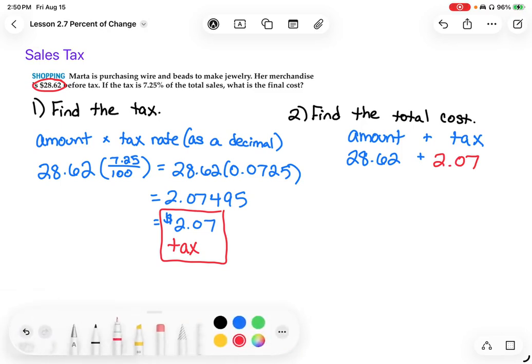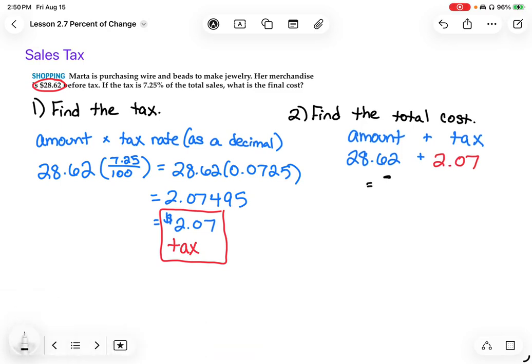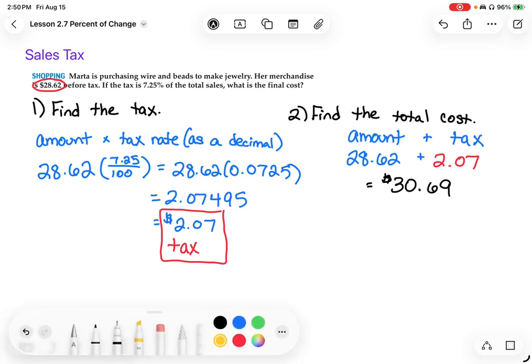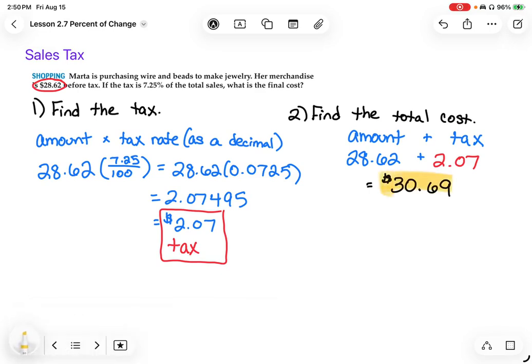And that is going to be $30.69, it looks like, if my math is correct. $30.69. That is our total. So calculate the tax first, and then to get the total cost, you add the tax to the